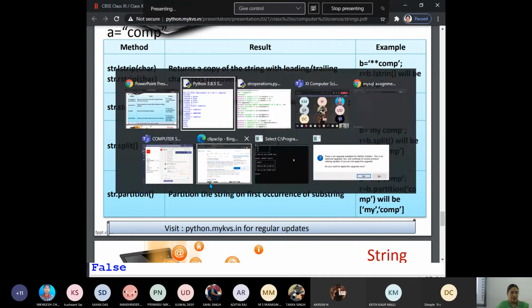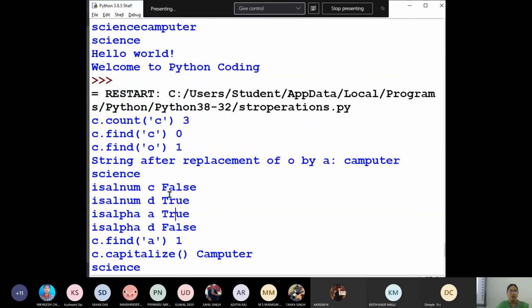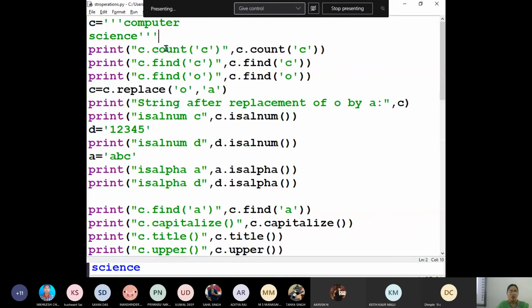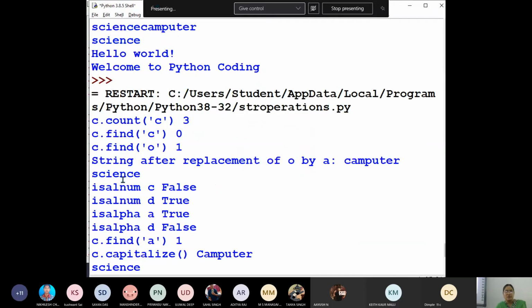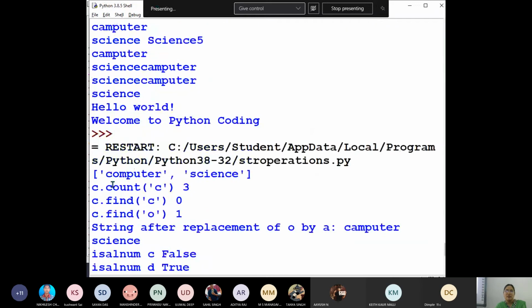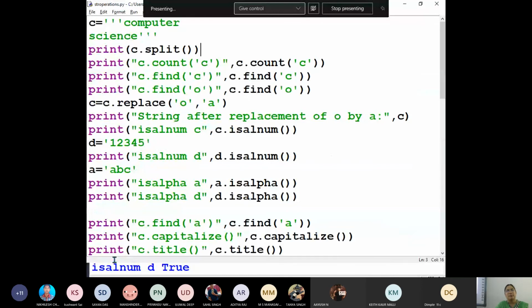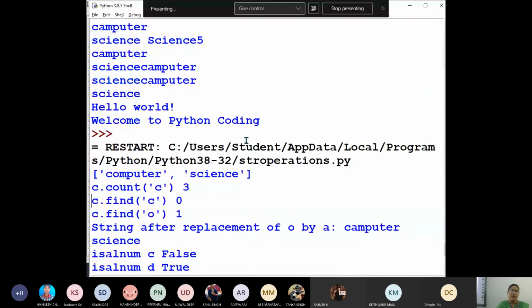Okay. So, like see, computer science, now 2 strings in this case. So now we will split C and show. Okay, C to be split, and I just want to print the result of that split. So now what is the result? You can see, no? Computer has become one word, science has become one word. Okay? Like that, if you want to split, split function can be used.